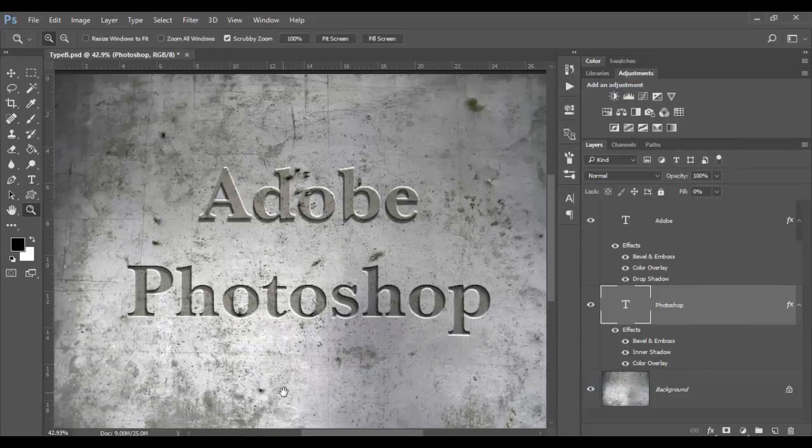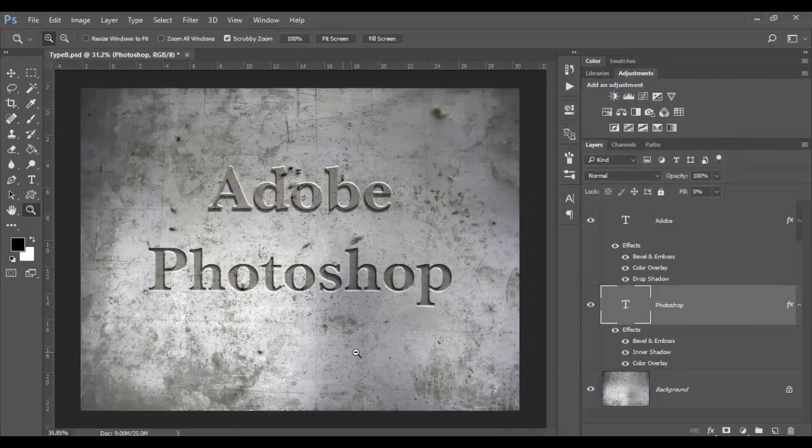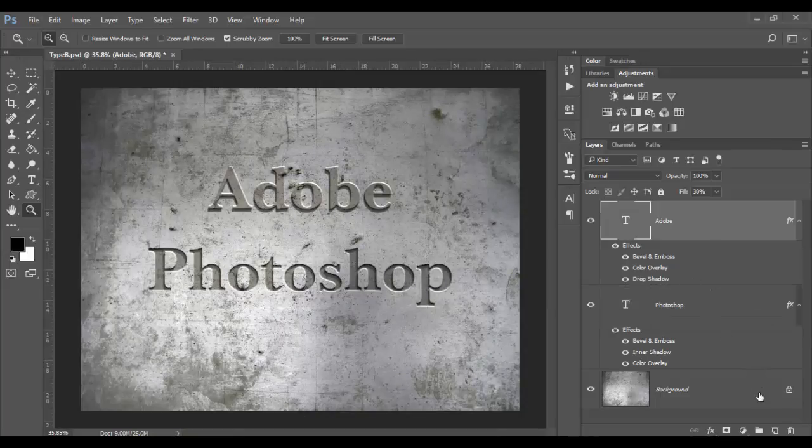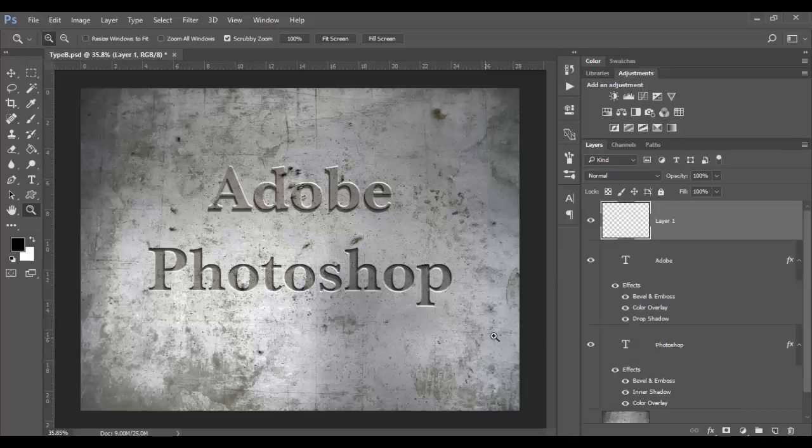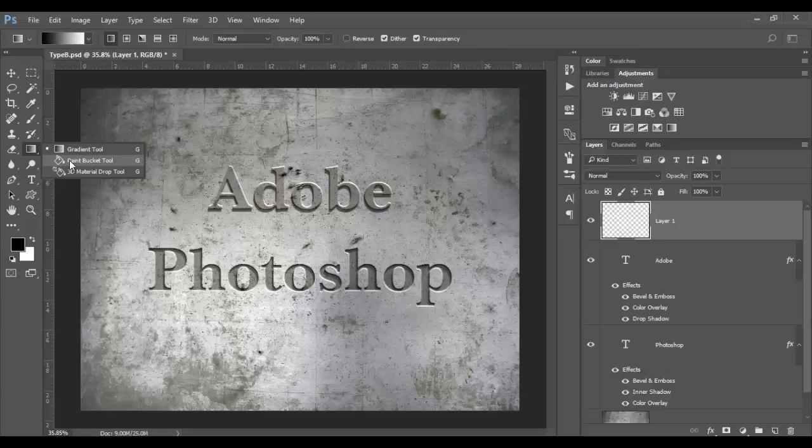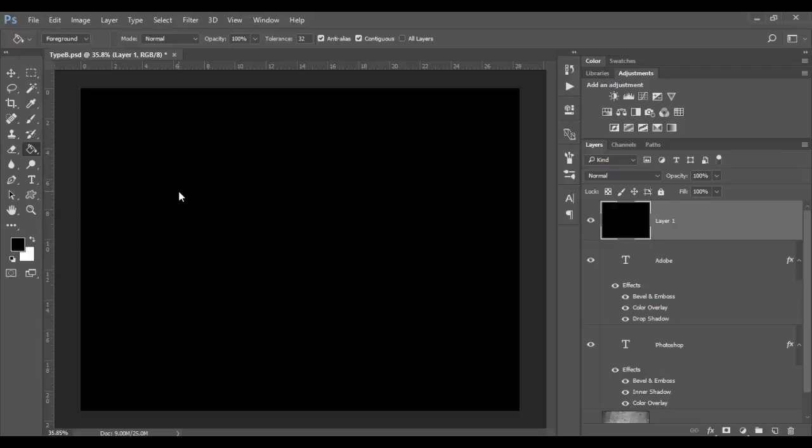So the next thing to make this really stand out and work well as an image is to perhaps create a vignette effect. So I'm going to add a new layer above this layer, and above all my layers in fact, and switch to the paint bucket tool, which has a hotkey of G. If you have other tools selected, for example if you have gradient tool, you can hold the mouse down on the tool and go down to paint bucket, and I want my default black and white and basically click in here. So what I have done essentially is paint out the whole area here,